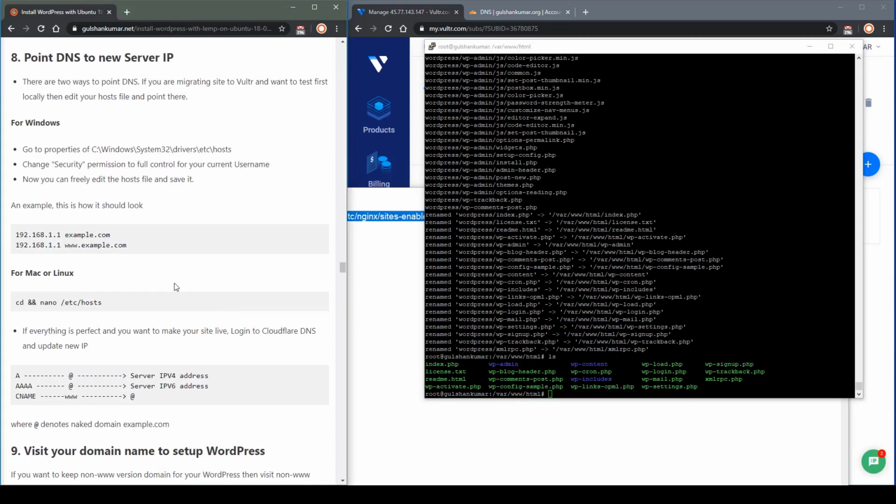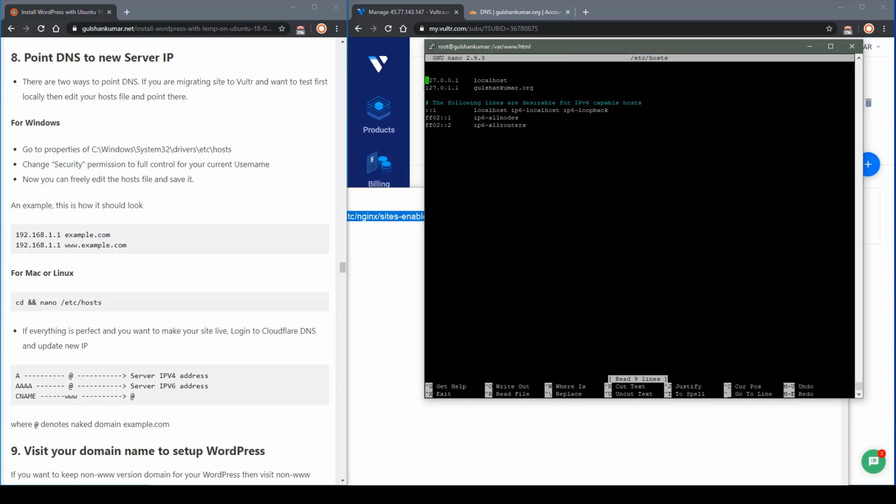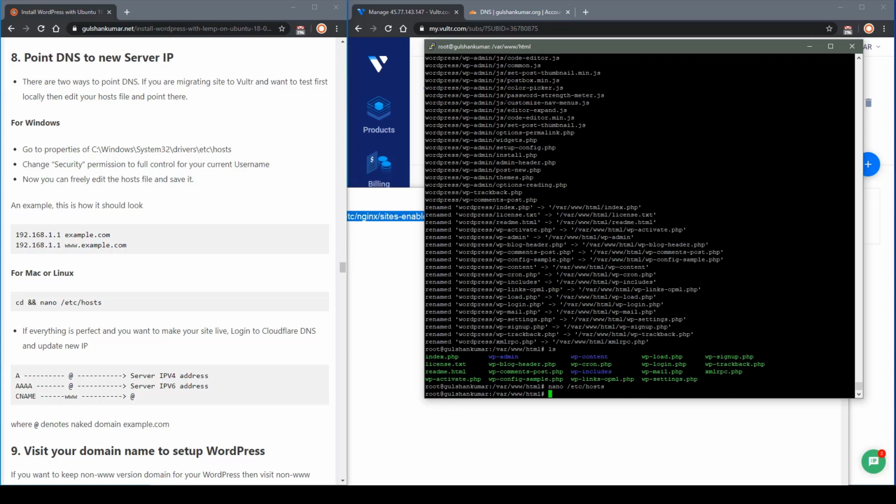I need to install WordPress, but before that I would like to point my domain name to the correct location. I generally prefer pointing the domain to my public IP address, but you can leave it at the localhost address as well, no problem.